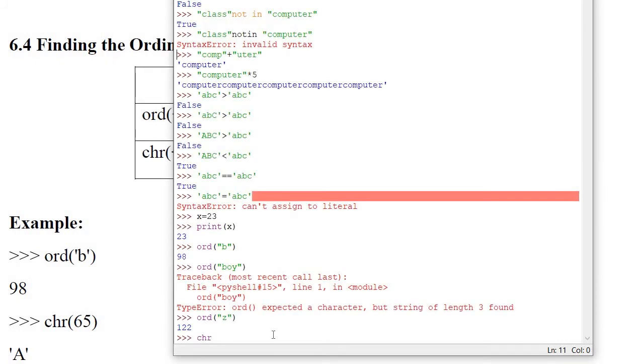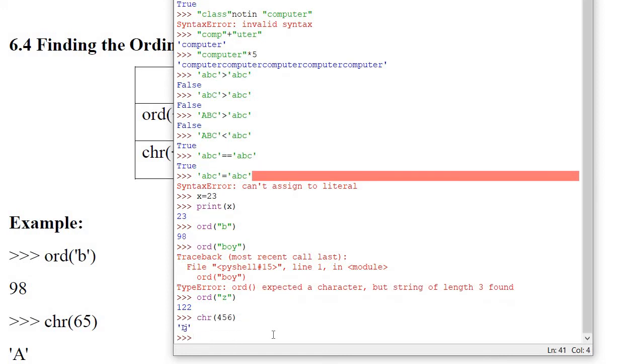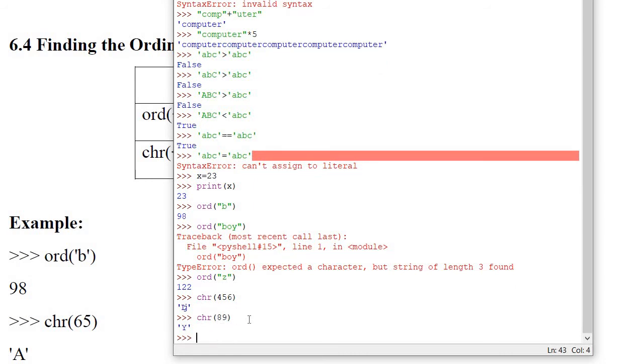Let's see chr, and you write any value here, then it will give you the corresponding character. You will see some symbol over here. If I write chr in brackets like 89, then it gives you an alphabet, Y, so the value of Y is 89.